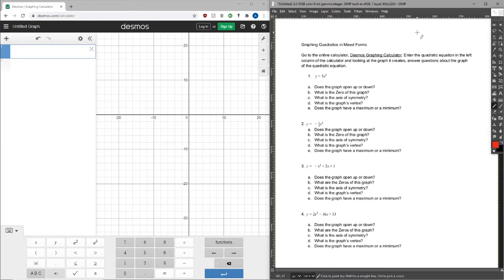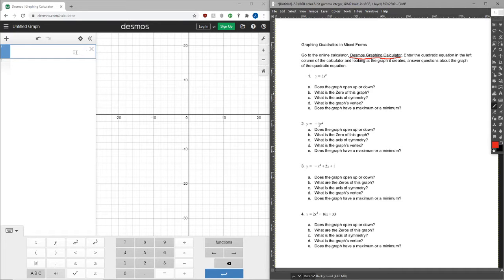Hi everybody. Today we're going to look at graphing quadratics in a lot of different kinds of forms. The best tool that we have is an online tool called Desmos Graphing Calculator, and you guys will want to open up another window and get that Desmos Graphing Calculator going. I have a split screen here where I can enter what I want to in Desmos Graphing Calculator and show